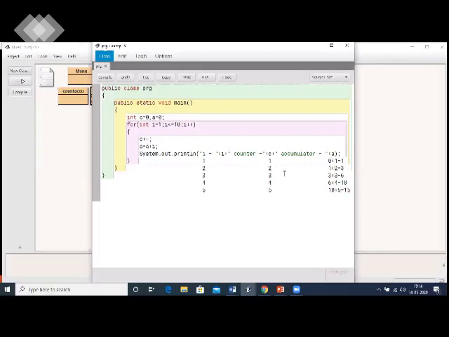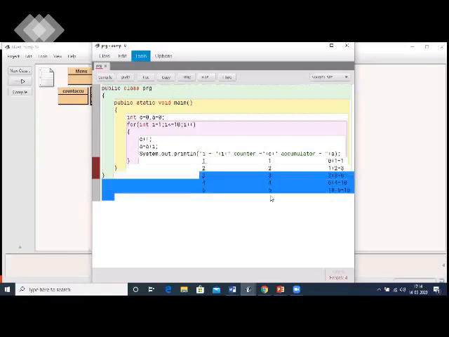So you understand the difference? Counter is counting how many times the i value is increasing. So it is matching with the i value, but the accumulator is storing the sum, or accumulating the values of i. That is 1, 1 plus 2, 3, 3 plus 3, 6, 6 plus 4, 10, 10 plus 5, 15, and it goes on in this way. So you had seen that was the reason the output had come in that way.